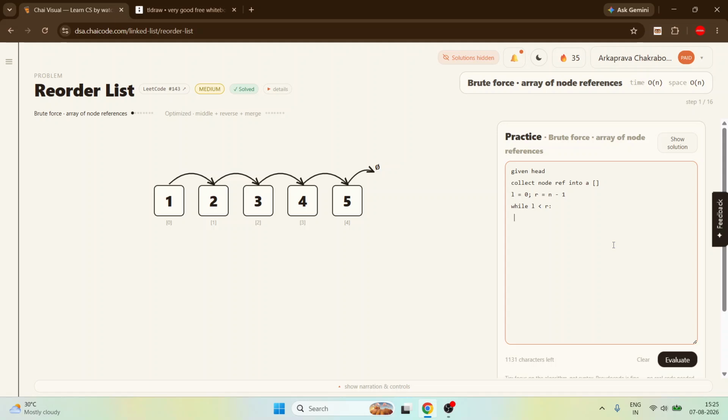Simple logic. Append the node L and increase the L. And when we append the node L, at the same time we have to append from the last. So append node R, then R minus minus, simply. And now we have to relink